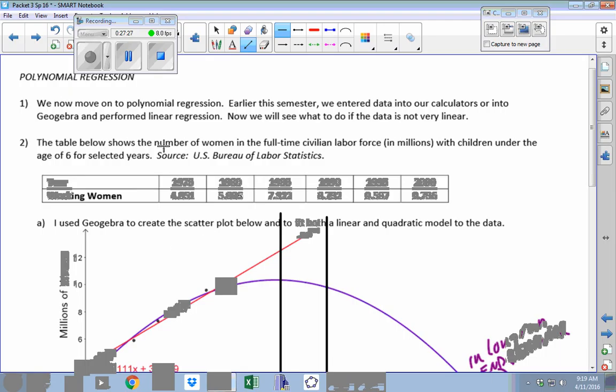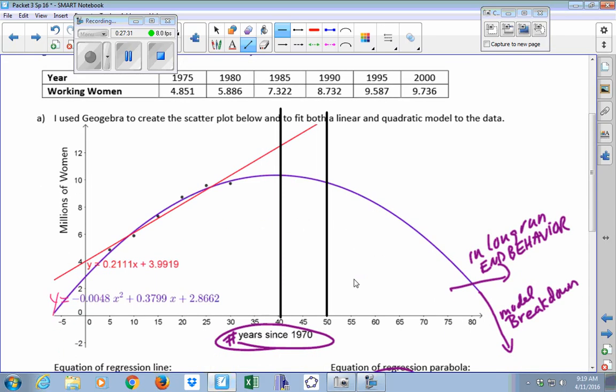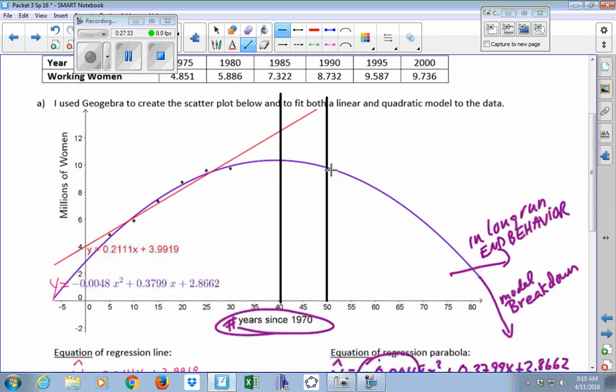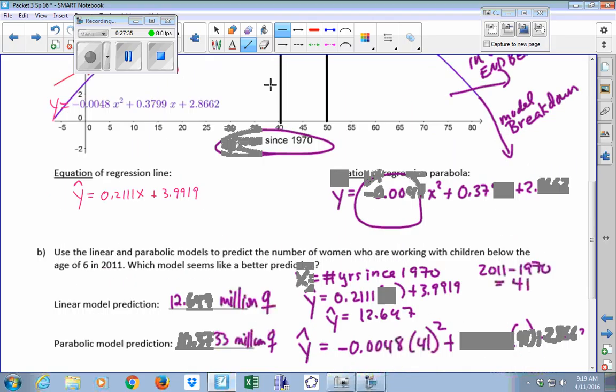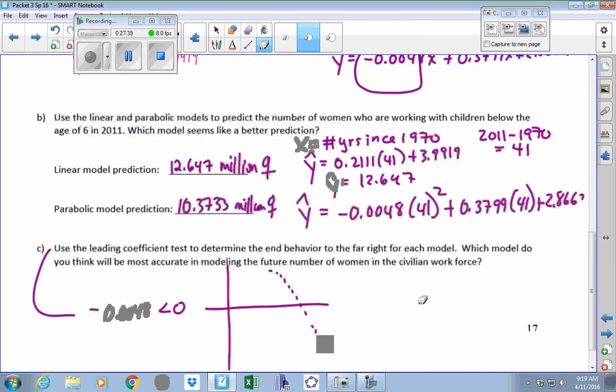So this is just looking at women. So we really don't know. I don't know. For 2020, I might still stick with the quadratic. I might reassess that. For 2020, I might just say I'd stick with the quadratic because it's still right around. Remember, that vertex area is flattened out for a number of years. That's one of the things I'm trying to point out to you,